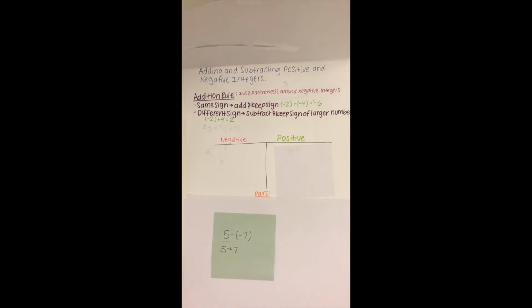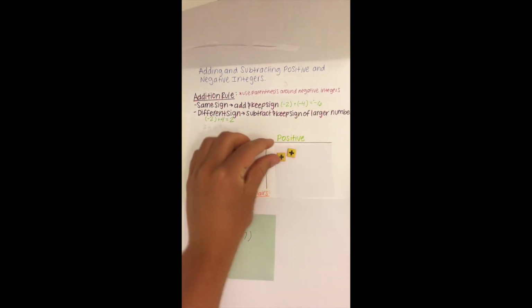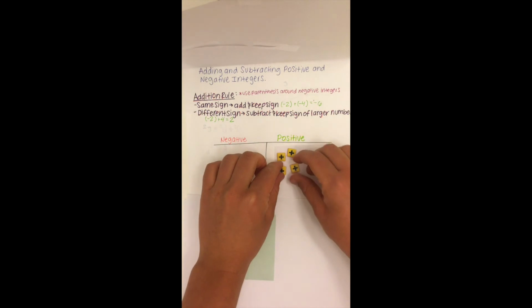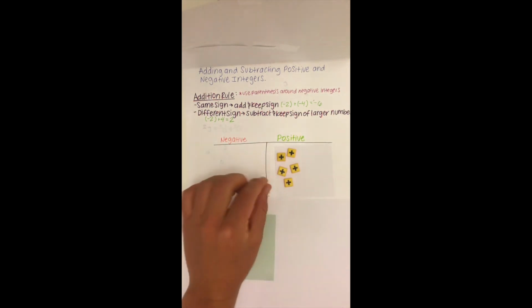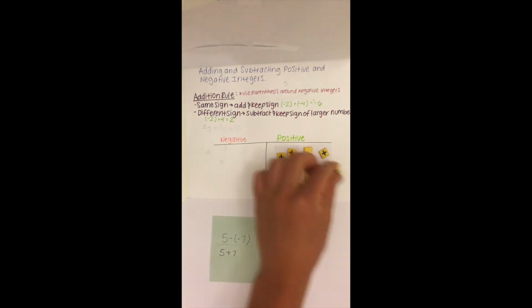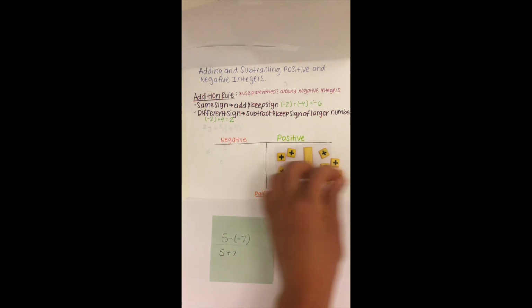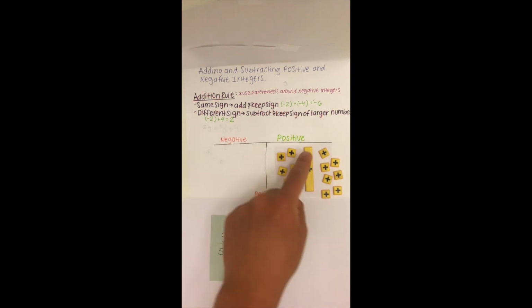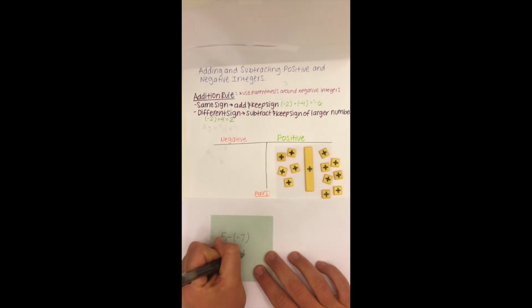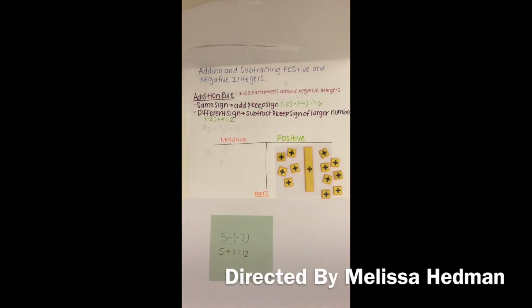So we're going to have 5 positive plus, because it's on the positive side, 7 positive, and there's no negatives to cancel it out, so we're just going to add them up, and we should get 12. So we keep the sign of the larger number, but it's